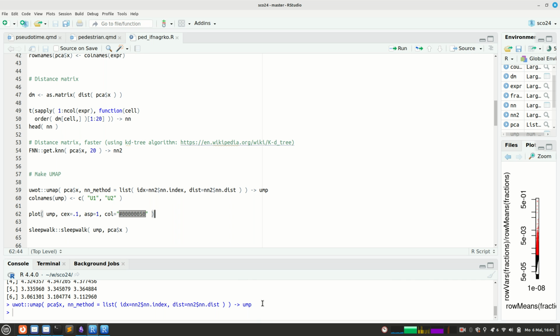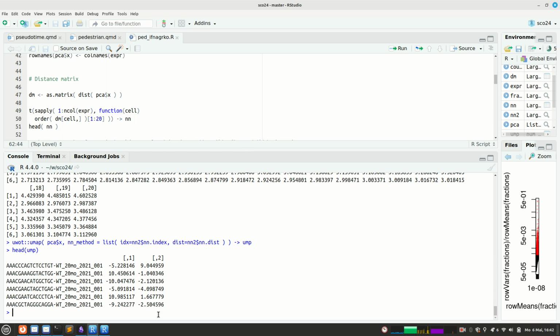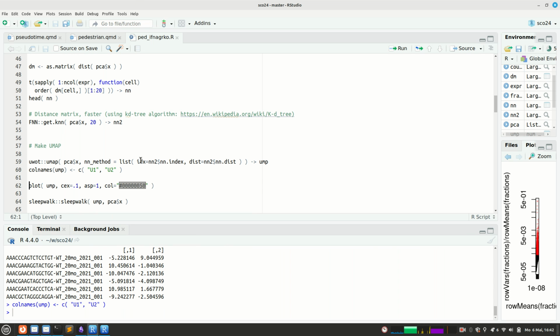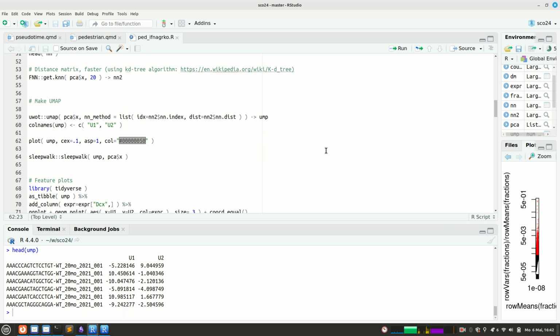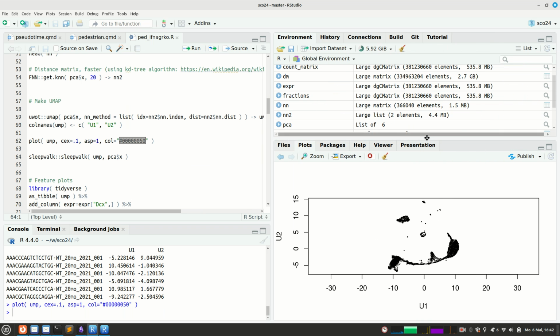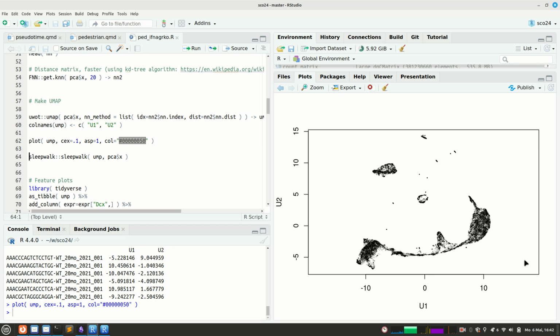So now what UMAP gives you out is simply a big matrix with 2 columns for the 2 coordinates and many rows, one for each cell. I put some column names on these 2 columns because I will need this later. Now it has U1 and U2. And now I can plot these 2 coordinates. And here you see now our data. We have here, and that's why I chose this data set, because now we not only have these blobs, but we also have